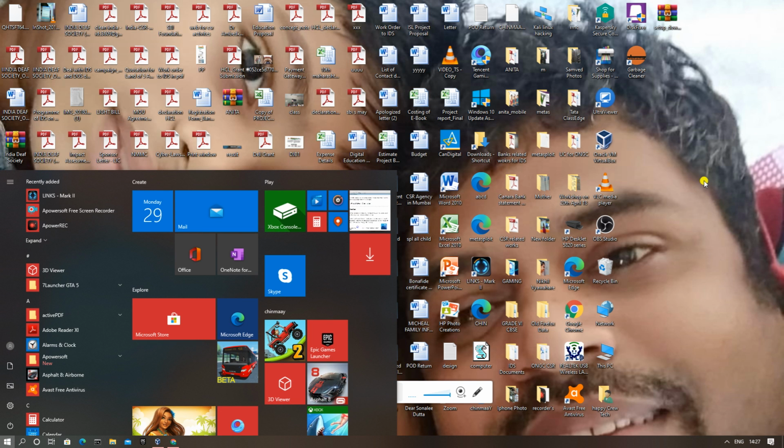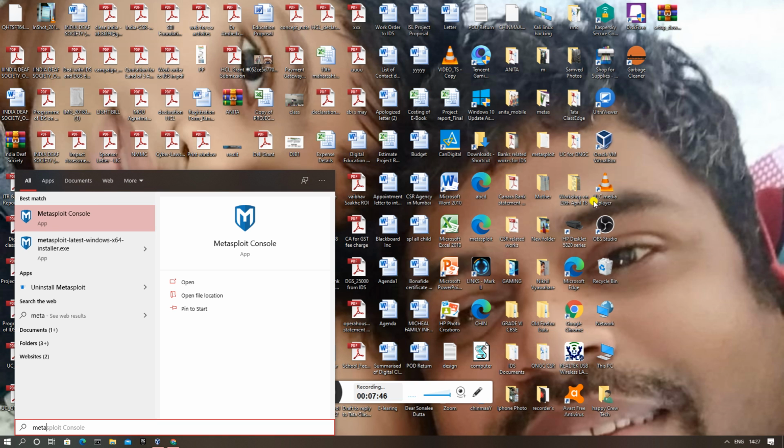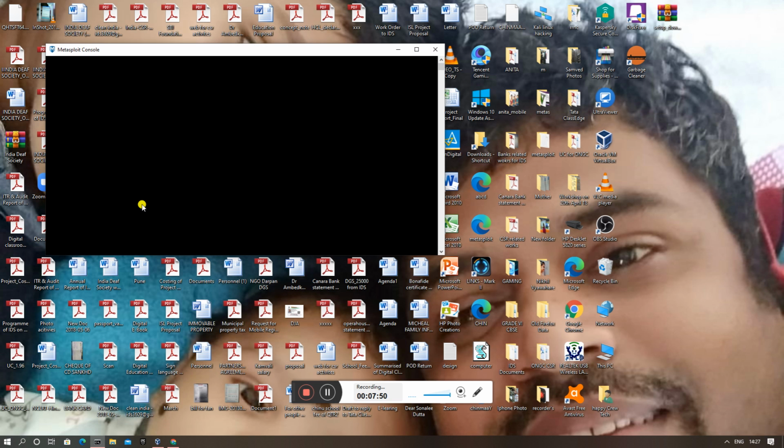The second way to open Metasploit is from Metasploit Console. I'll just open it and show you. As you can see, Metasploit Console has opened here. My PC is a bit slow, so I'll just pause this video, and when it opens, I'll continue.